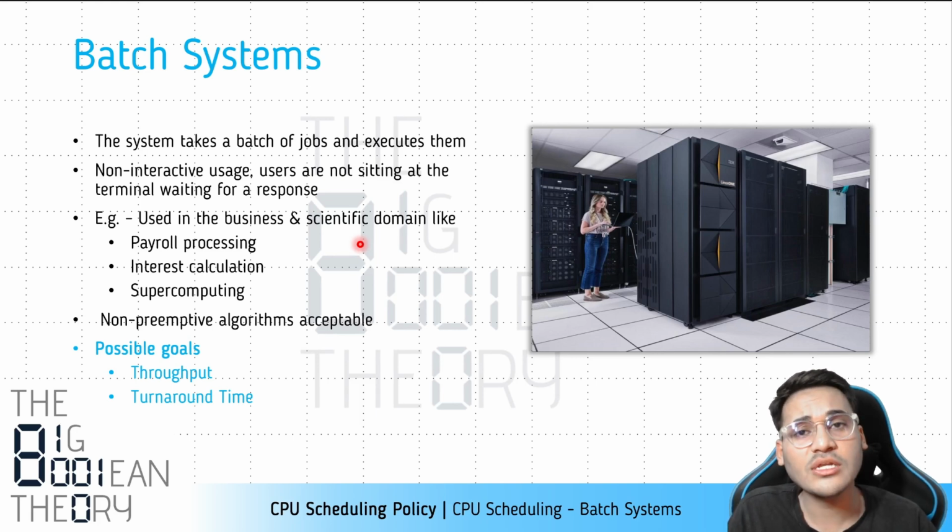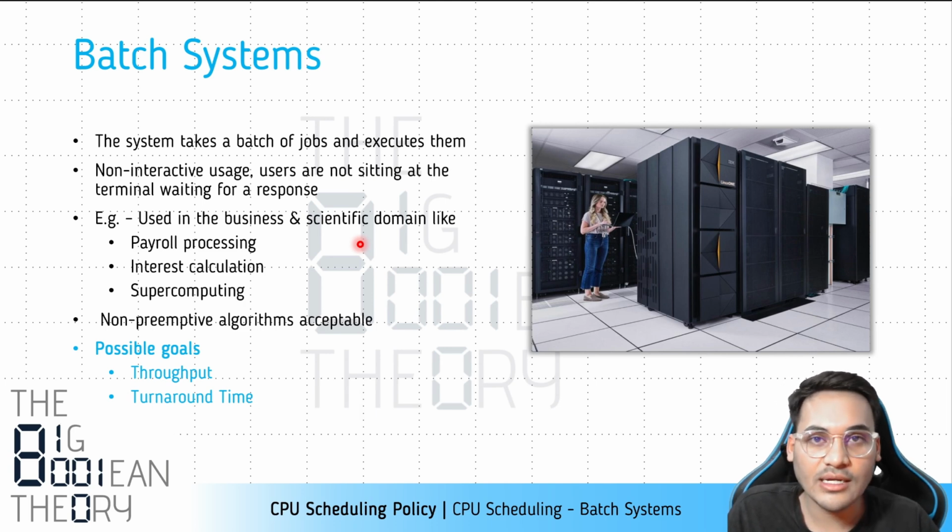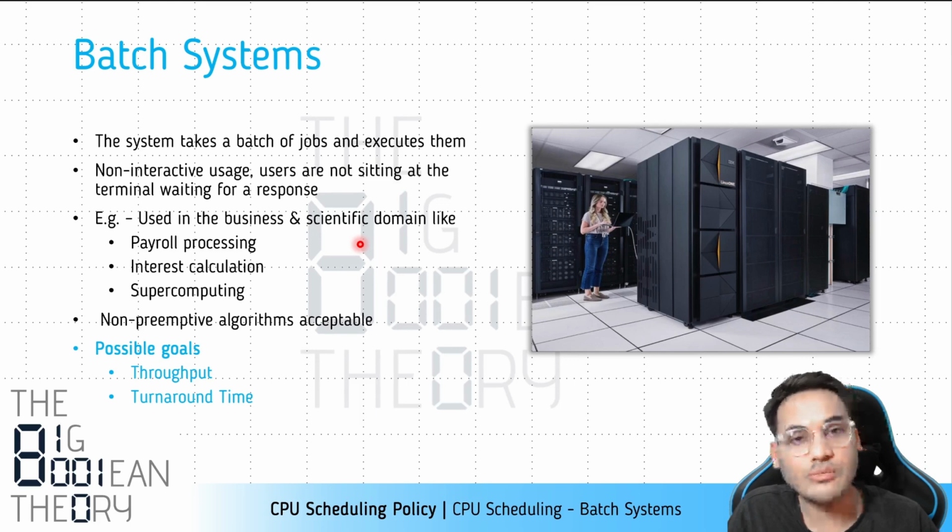Also, the nature of these jobs is that they're bulk in nature. So when there would be interest calculation, it would be a heavy computation taking a long time and would not require the user to directly interact with it. When I say user to directly interact, I mean in normal computing we are constantly giving some kind of input, for example web browsing, and we expect some kind of output. That kind of computing is not here, right? You just spawn these jobs, and they will run in the background, and when they are finished you can collect